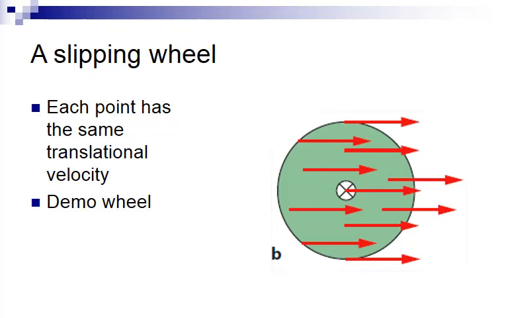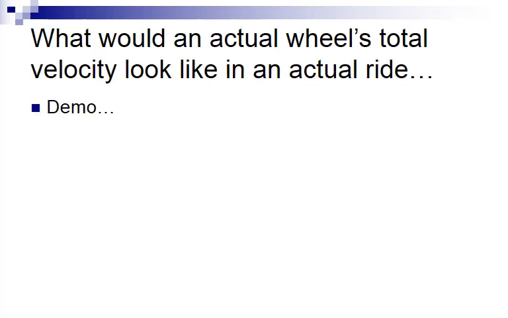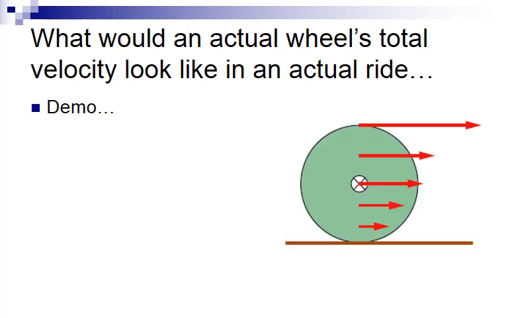So if we have a tire, or a wheel, that is slipping across the ground, in other words, it's not rotating, it's just sliding across the ground, every point along the tire has the same velocity. You can look at the bottom here, and the top, each part is going the same way, because it's slipping across the ground, it's not rolling. And so each part has the same translational velocity. But if you have a tire that's actually rotating, well, it's not slipping,